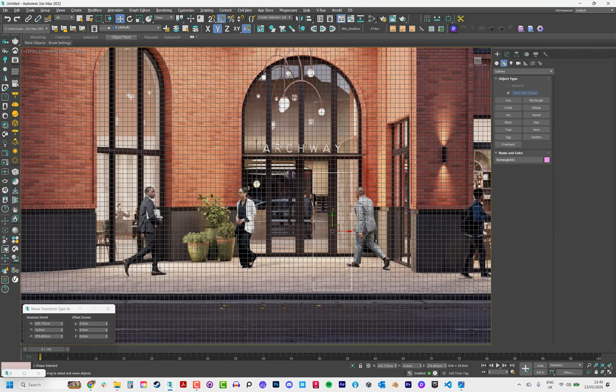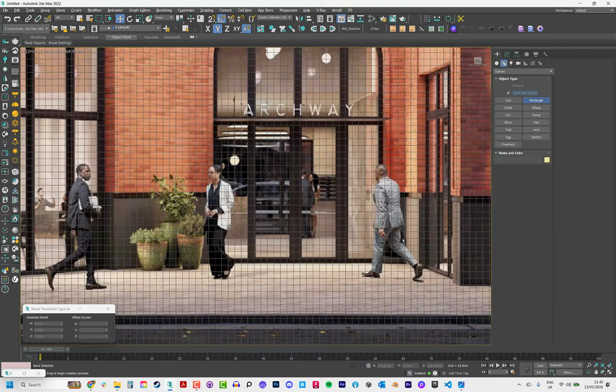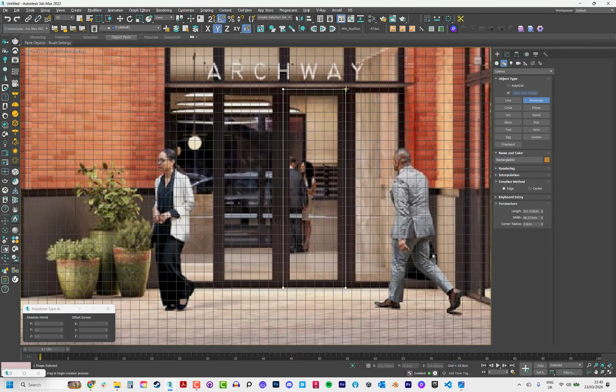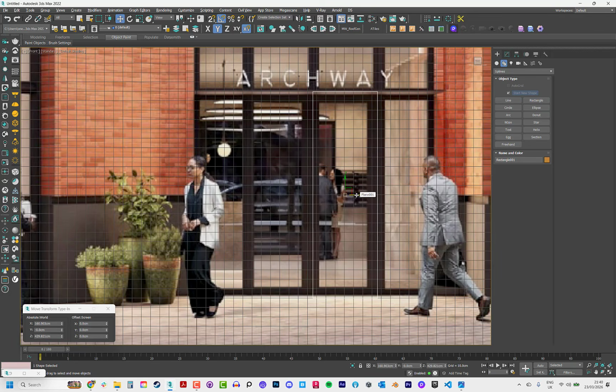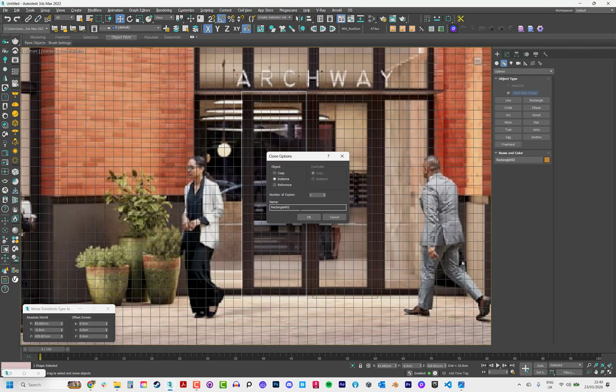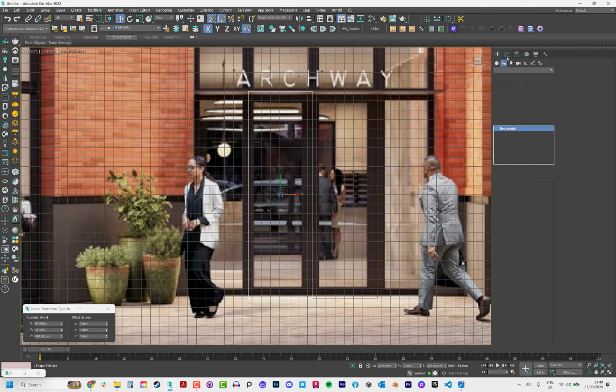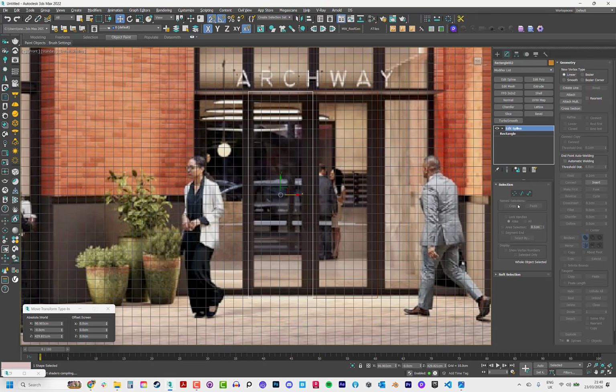Now let's start creating this door again. Something like, yeah, perfect. Okay, let's do it 220 and 80. Okay, let's create one more rectangle, but it must be instance. Okay, that's nice. And convert this to editable spline and